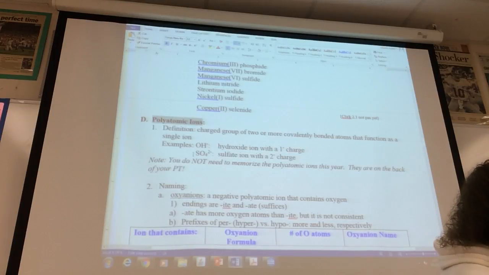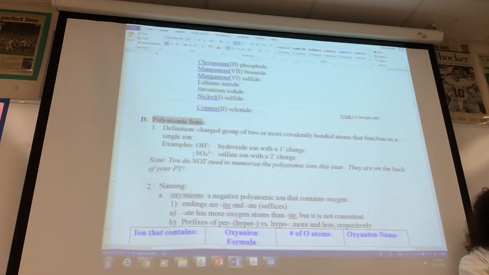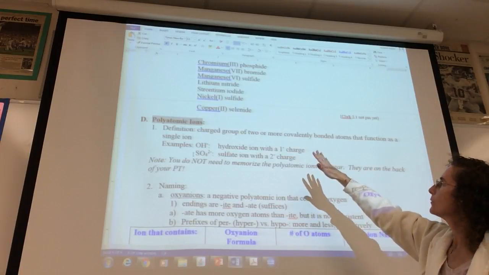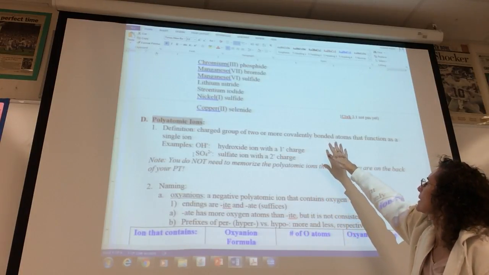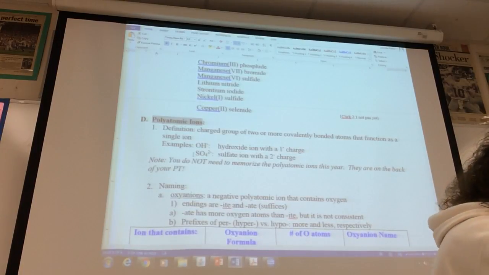A polyatomic ion, what does poly mean? Many. A polyatomic ion is a charged group, because it's an ion, of two or more covalently bonded atoms that function as an ion. For example,